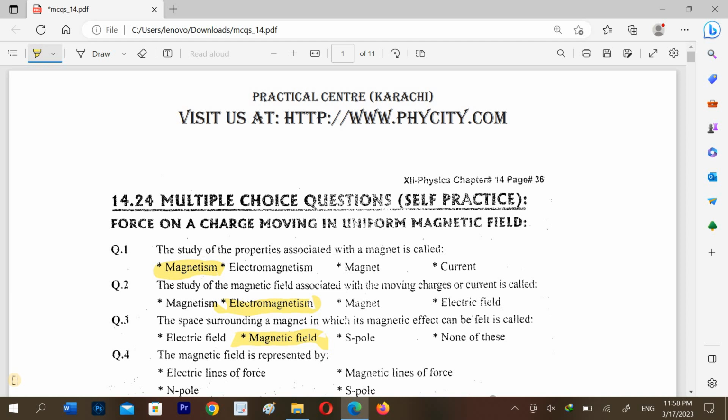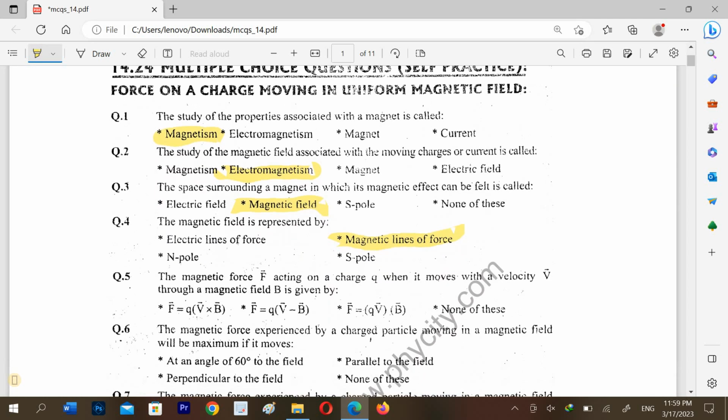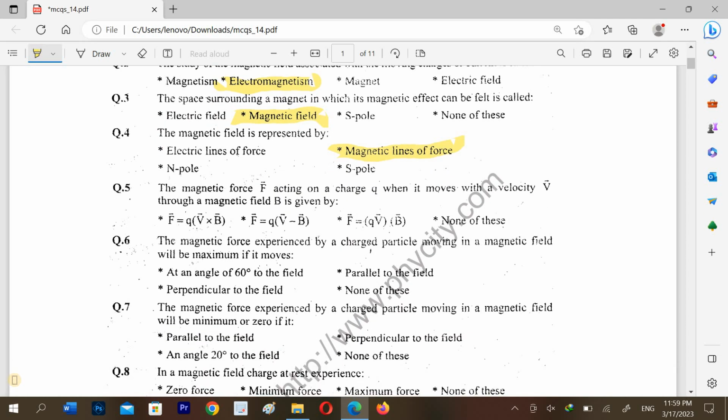The magnetic field is represented by magnetic lines of force. The magnetic force acting on a charge q when it moves with a velocity v through a magnetic field B is given by